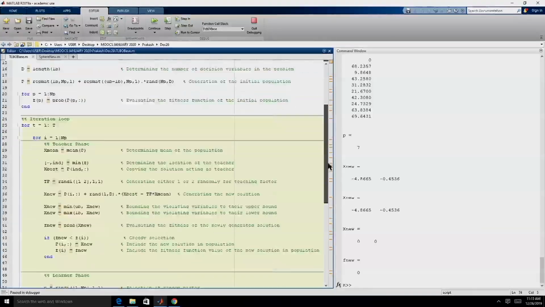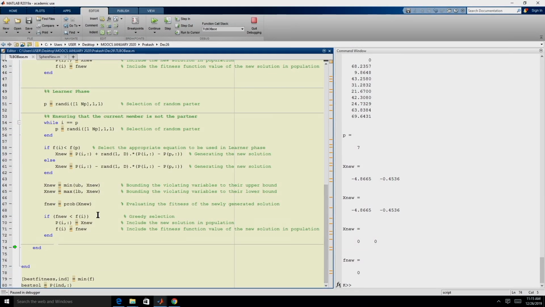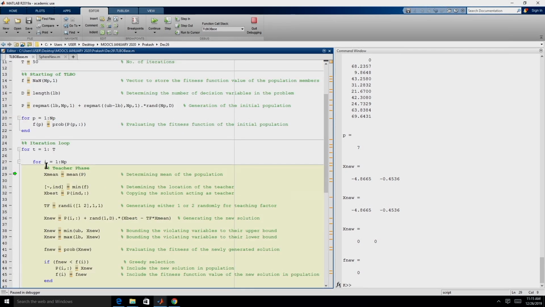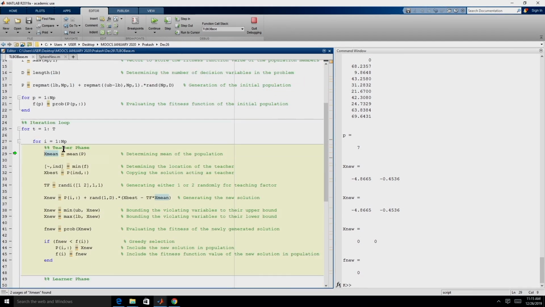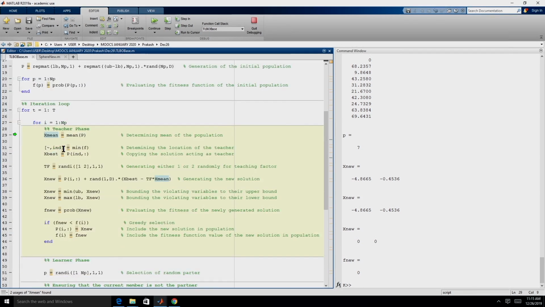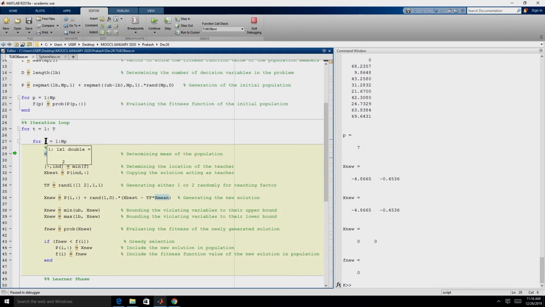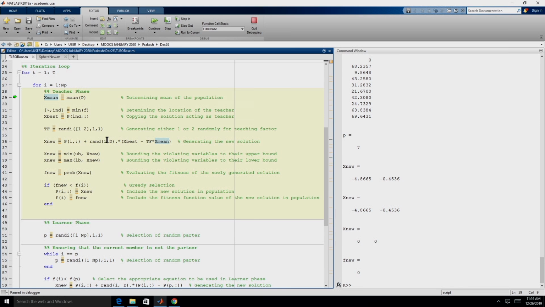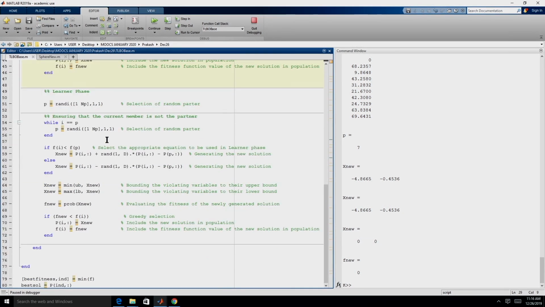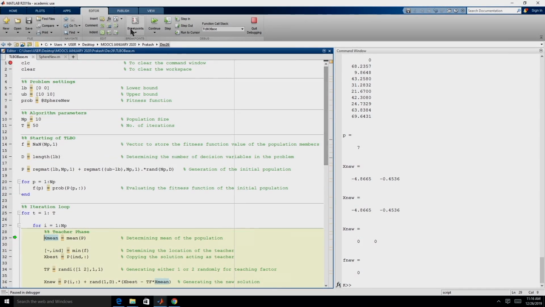So, if we see, it has come to line 74. So, the next step will go to this for loop, right. So, now I is equal to 2, and we need to do a teacher phase as well as a learner phase, and then for I equal to 3, I equal to 4, I equal to 5, all the way up to I equal to 10. The procedure remains the same, it is going to automatically check everything and then things are going to work out, right. So, let me just click on here line 77, right, and then just click on this continue.